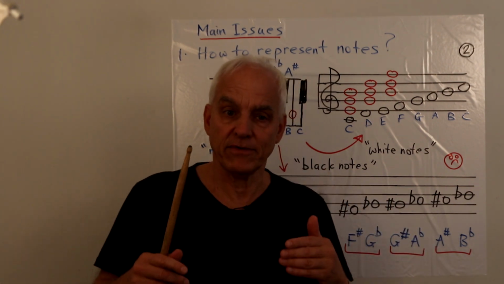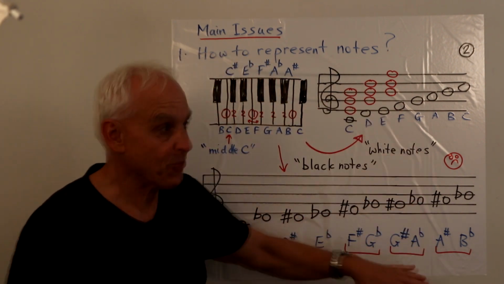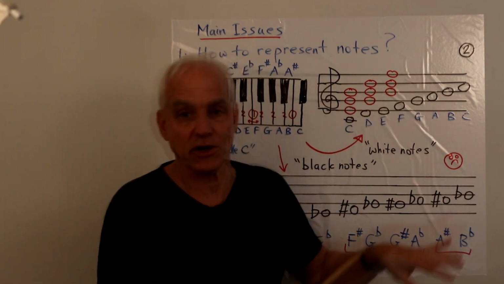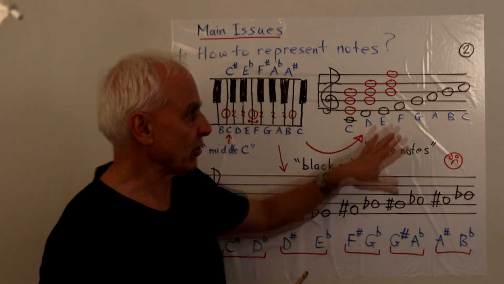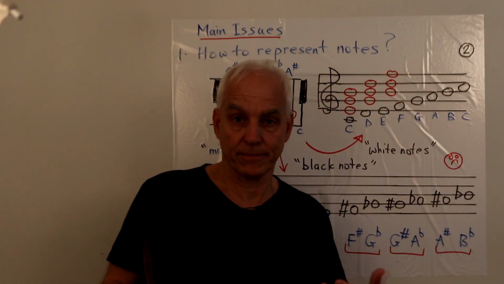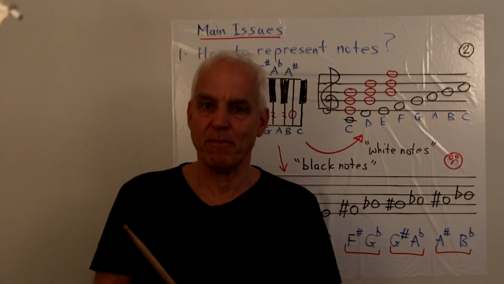And of course, that's even accented more when we also think about the bass clef, which is yet another system where, again, the various idiosyncrasies are in different places. So you have to learn the idiosyncrasies for the treble clef and for the bass clef separately. So we want to try to think of a better way.